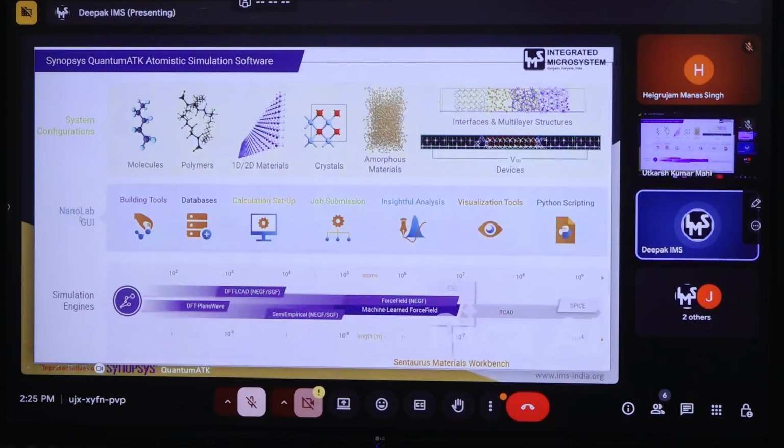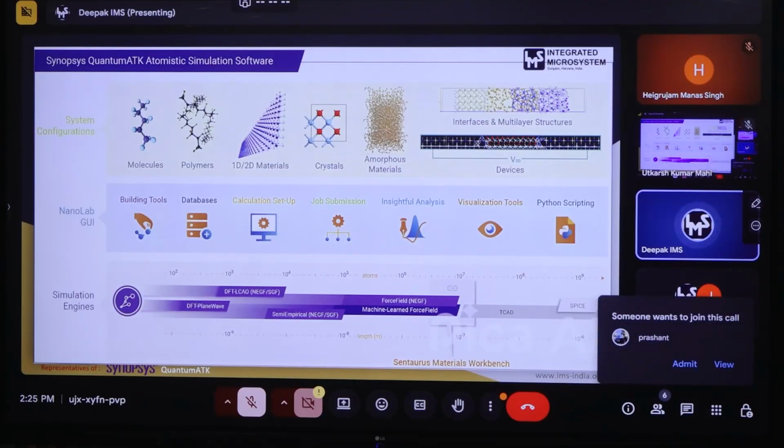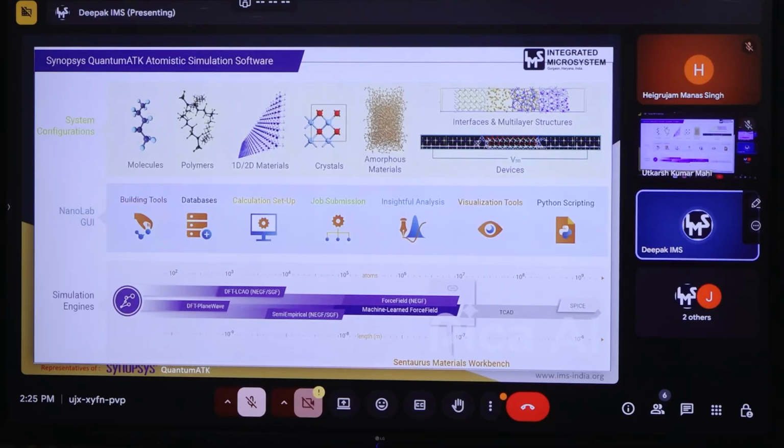So here you can see the Virtual NanoLab, we have different kinds of builder settings. This building tool will help you to create a structure. You can go with crystals, molecules, even devices. It also comes with a database of materials. In QuantumATK we have two options to import the material. It comes with the database that exists inside the software, and it also provides an online database. In the online database we support the Crystallography Open Database, and we also support the Materials Project. This database will help you to import the material in the building tools, and once the structure is ready,